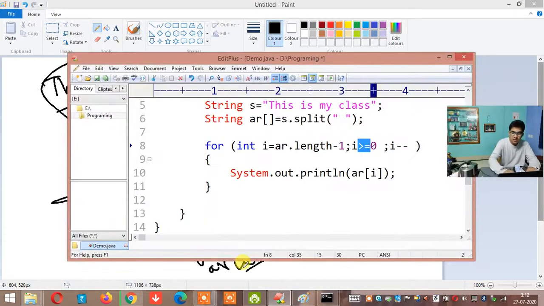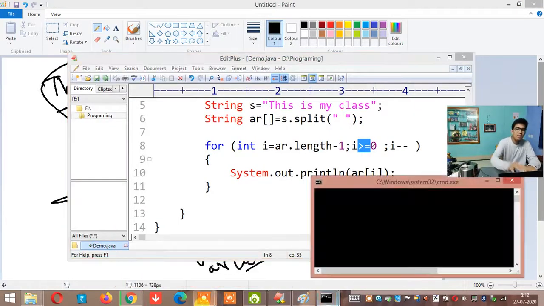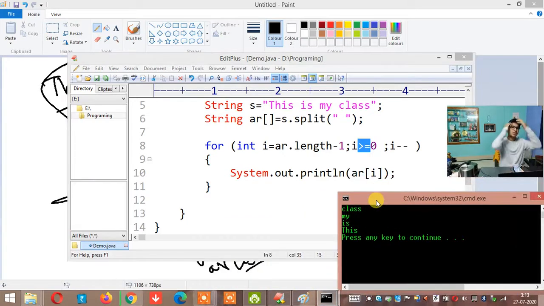So i minus minus. I'll be getting it in reverse order. As you can see, this is the output. Please take the screenshot also. Okay. So you have understood this. Okay. So now